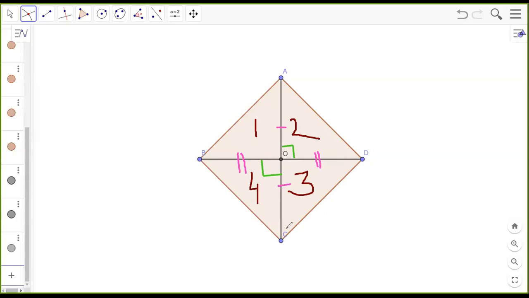If you do that, then automatically you will get AB square plus BC square plus CD square plus AD square will become equal to AC square plus BD square. Because you're going to remove all the OA and the OBs and the ODs and substitute it with half of AC and half of BD. So if you're able to do that, your problem will be complete. So I think you should be able to complete it.